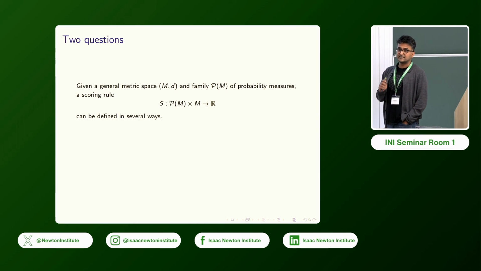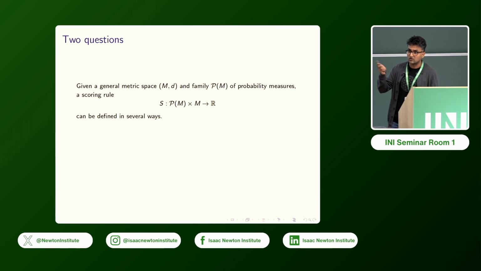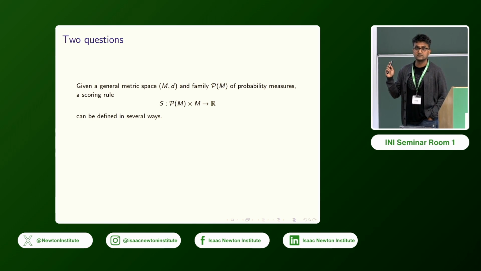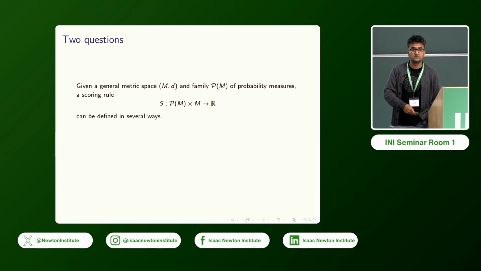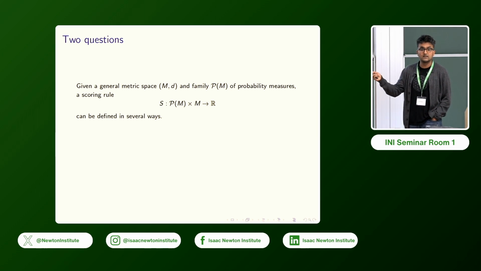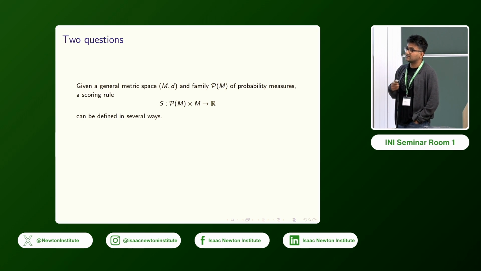So two questions, as I said, I will focus on. Scoring rules can be defined very generally for metric spaces or even just Hausdorff spaces with no metrics. There's very little structure needed to define a scoring rule. You just need a probability measure, and then effectively you're done once you have a function which satisfies certain properties. And through the week, we've seen there are very many different ways in which you can define scoring rules.